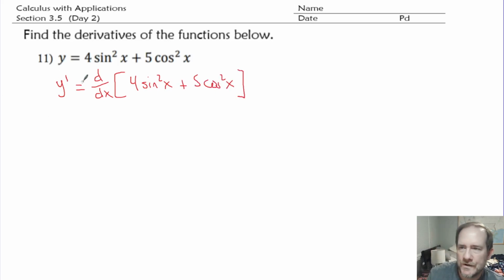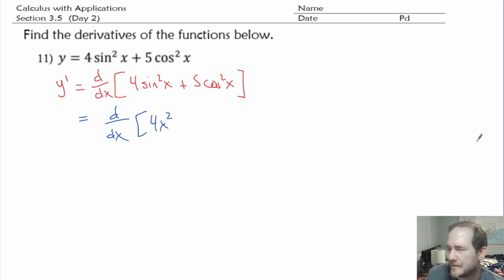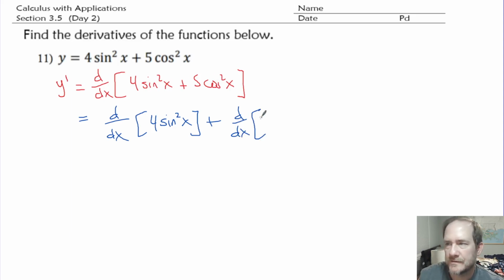But if you want to do the derivative of a sum, then don't we just break that down and say, okay, do the derivative of just the 4 sine squared of x. And then you just add to that the derivative of the second term. So,